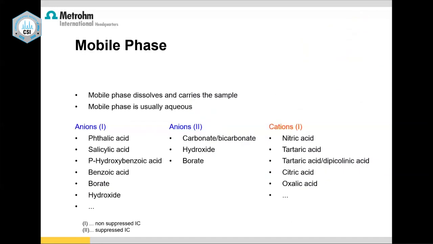Next, coming to the mobile phase. I said that the mobile phase also has to be ionic in nature. That means we cannot use solvents. Nothing will happen if I use solvents as mobile phase. If I use 100% methanol, how do I elute my ion from the column? Not possible. There is no charge, and there is nothing giving competition to my sample ion.